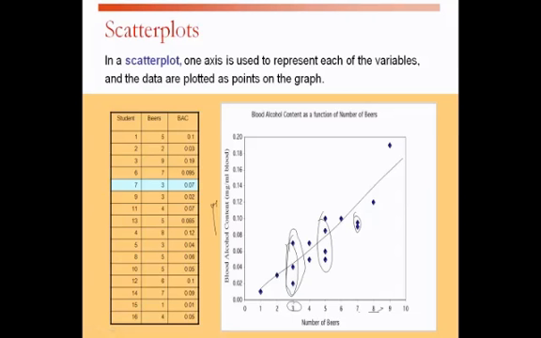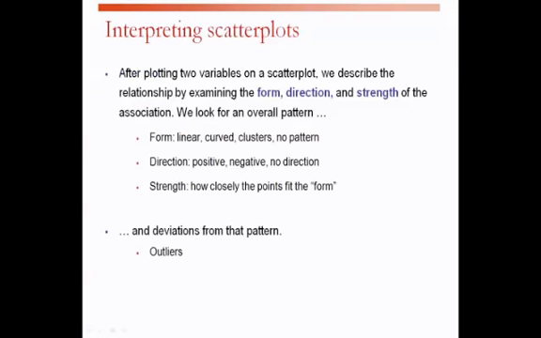So, you actually identified several of the assumptions that we need to consider in this. Any kind of relationship we form between two variables can be characterized by three things: the form, whether the relationship is linear, curved, and so on; the direction, positive or negative; and finally the strength. What is the strength of the relationship? The strength of the relationship tells you how well we can explain blood alcohol level based on the number of